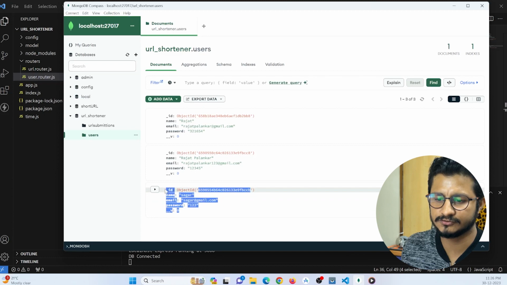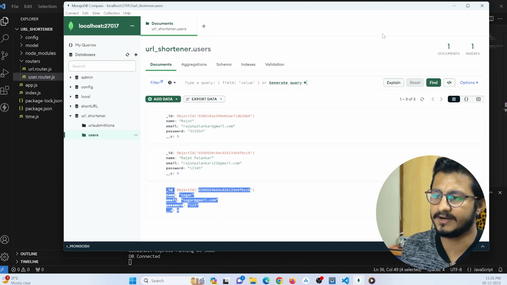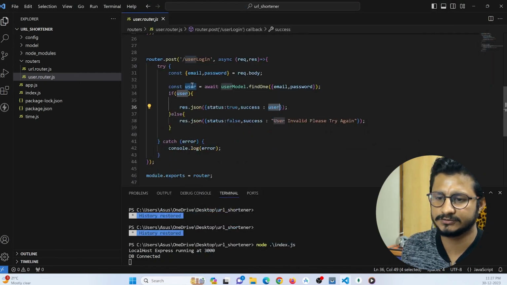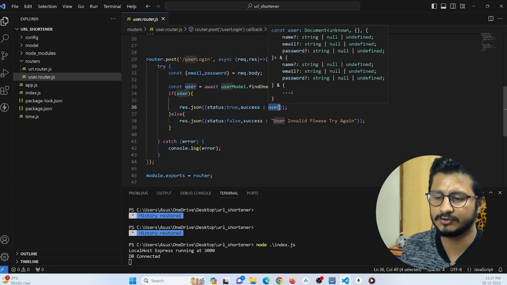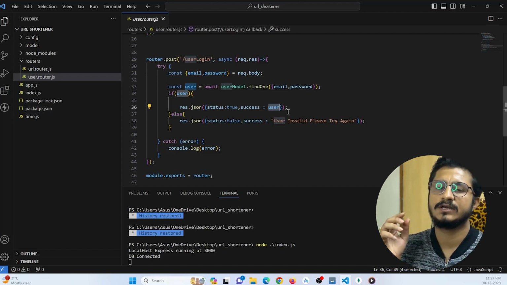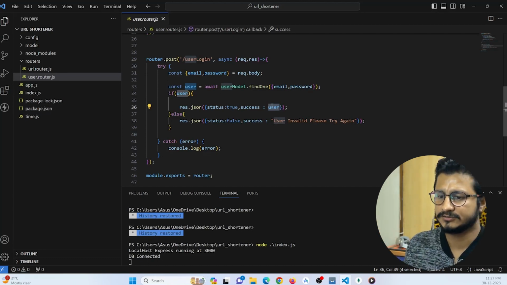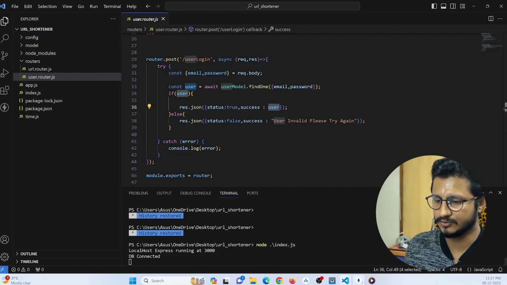Suppose this user is logged in to the application by making use of email and password, this whole data will be written as the response. I'm going to send this whole data to our Flutter application so that we can store that particular user in shared preference and keep the user logged in. Okay, so now let's go to our